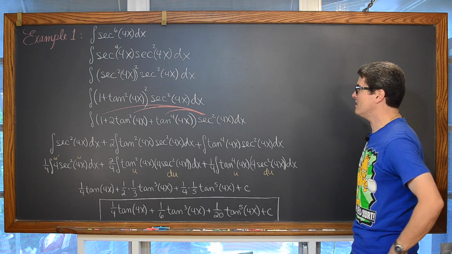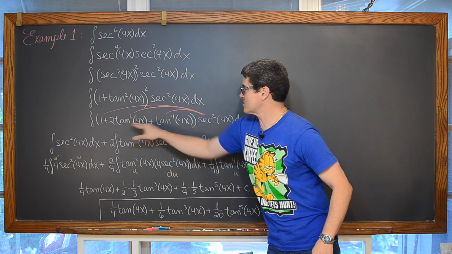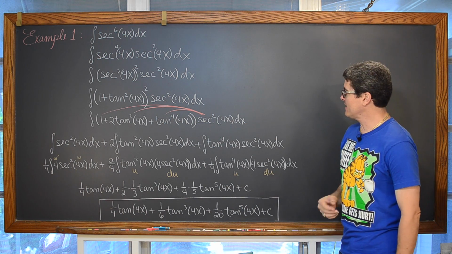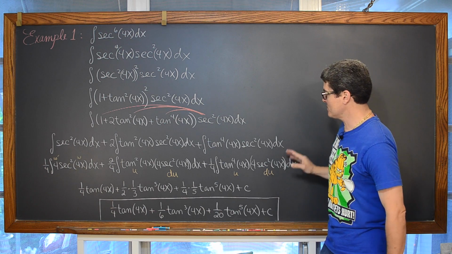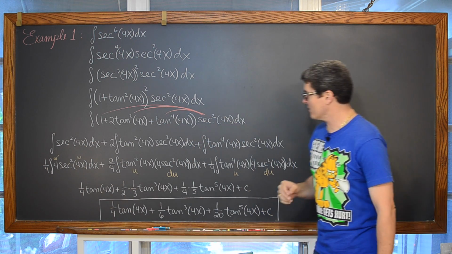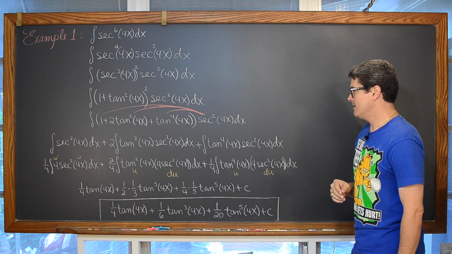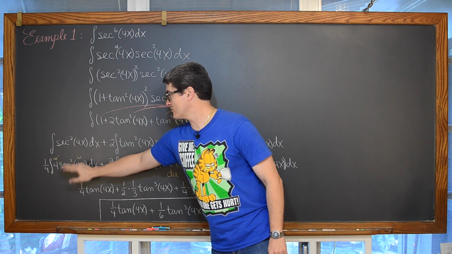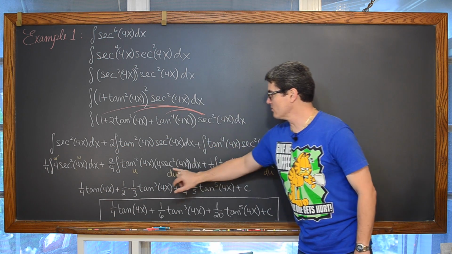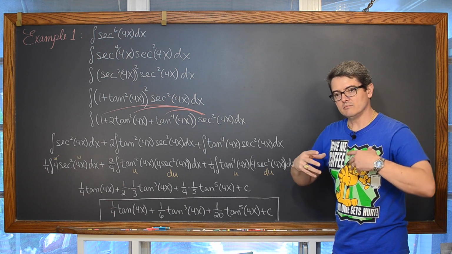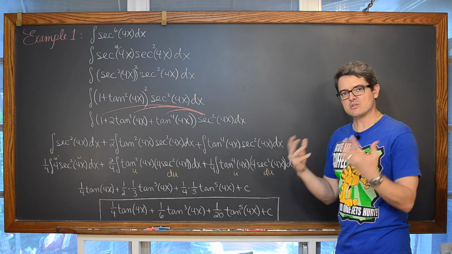So there we go. Of course, we have that binomial expanded. Again, like I said, multiplying that secant of 4x squared dx through each of these 3 terms, setting up a separate integral for each of those integrands. And the integral of secant squared, of course, is going to be tangent.